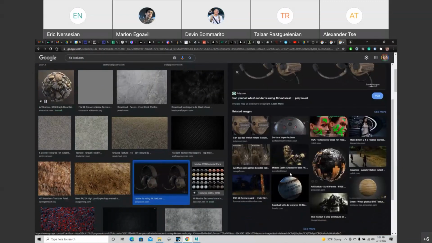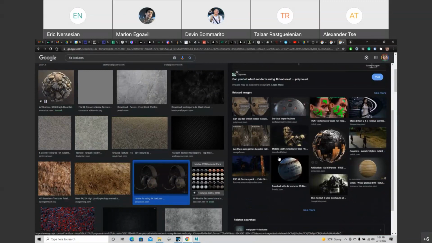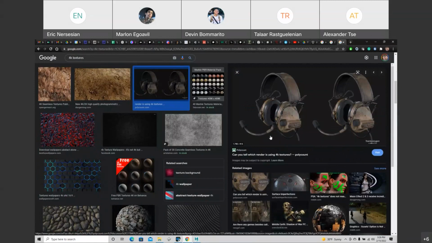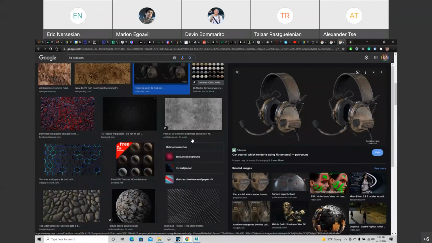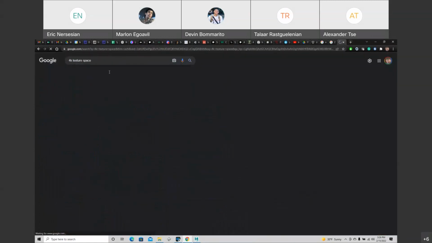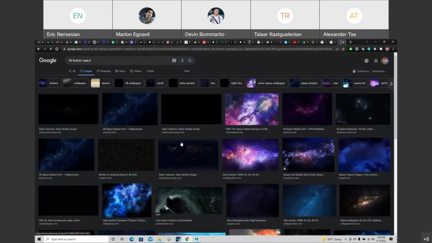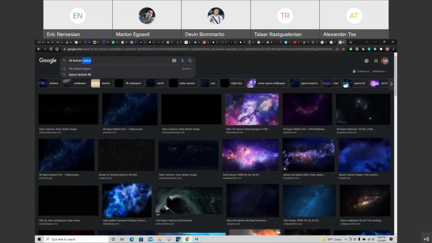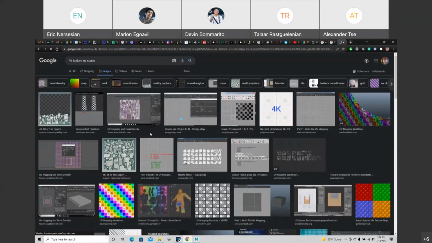Now, something like this, I want to see if it would lay out texture. But all these different parts are unwrapped. Yeah.